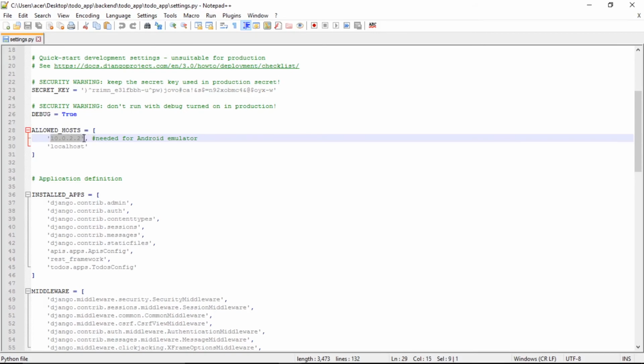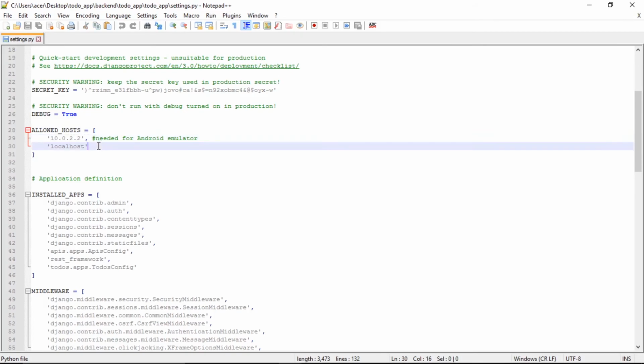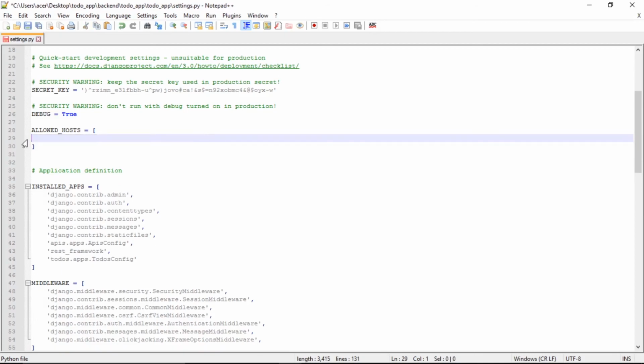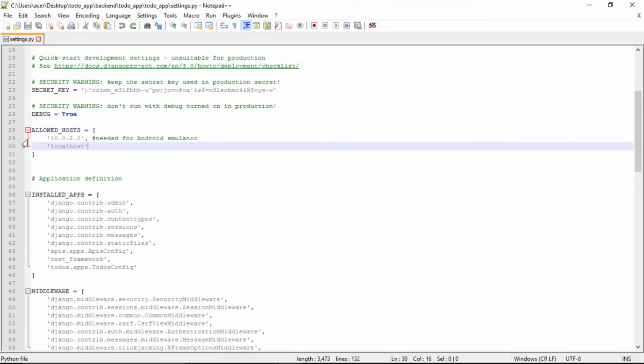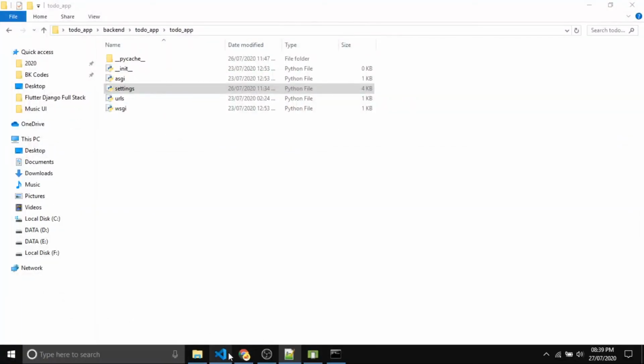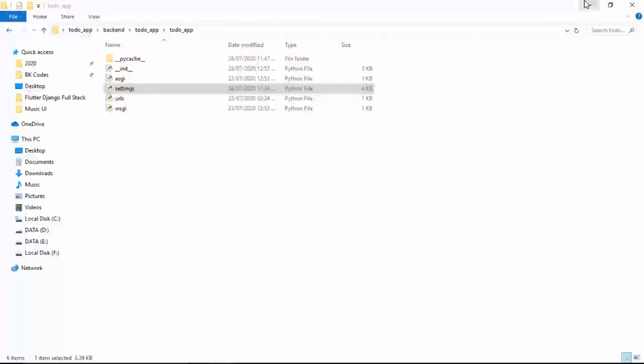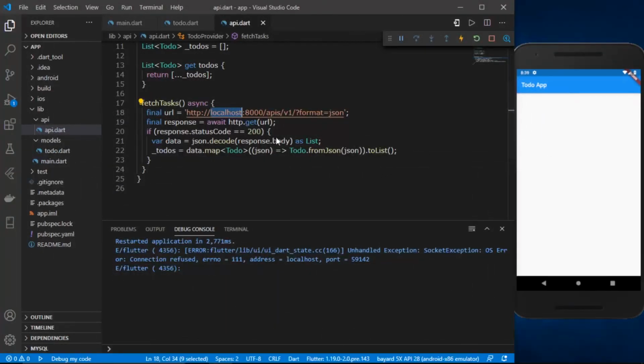If you have gone to that file for the first time, you might see nothing here, so it is like an empty list. You just need to add it, save the file, and then restart the server. After doing that, in our URL you just need to add 10.0.2.2 instead of localhost. Just save it, and now if we restart our app,